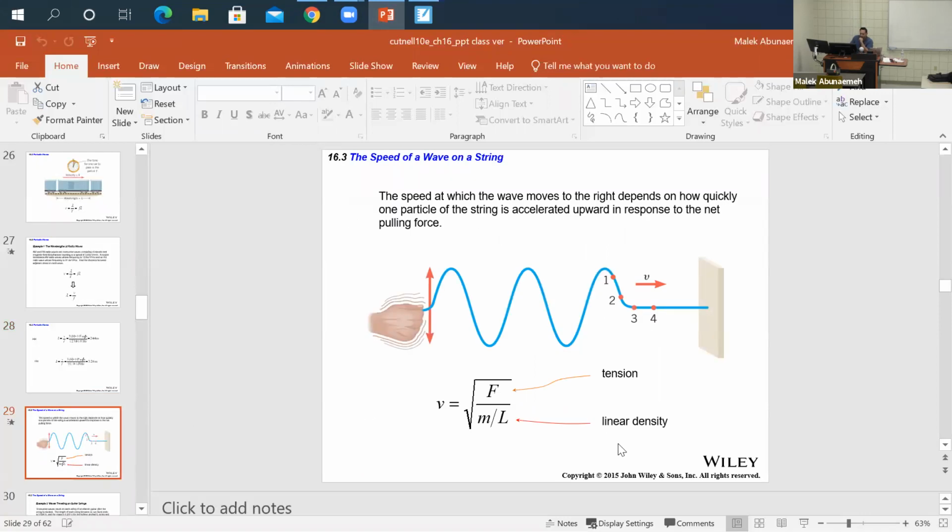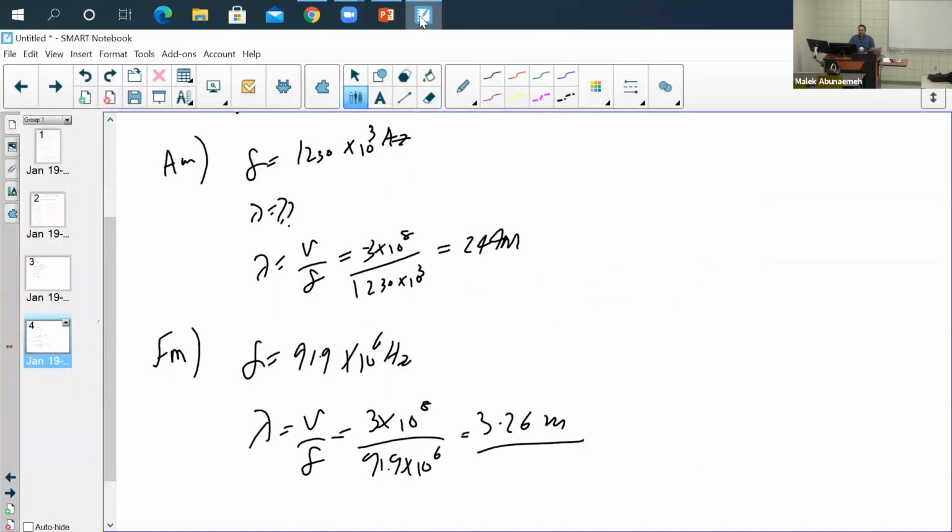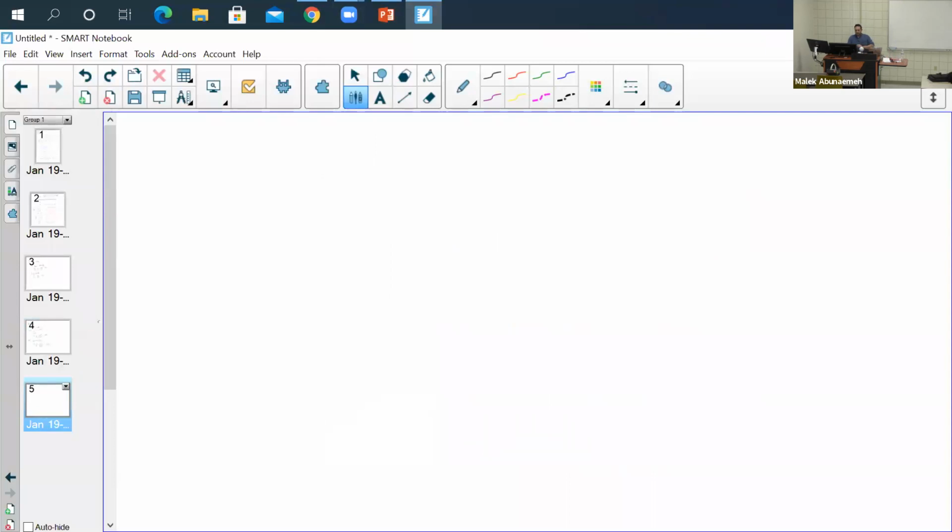Now, the speed at which the wave moves to the right depends on how quickly one particle of the string is accelerated upwards, the response to the net pulling force. So let me actually write this down. So the speed of a transverse wave or longitudinal wave